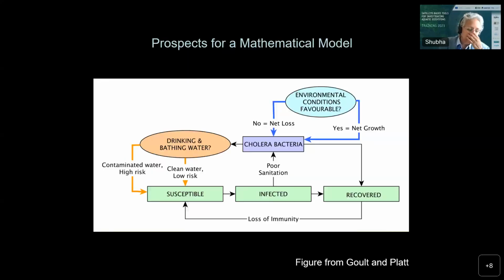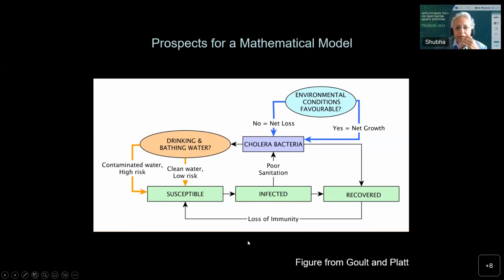Now, in many of these instances that I've been talking about, especially current levels of bacteria detected through satellites, the satellites by themselves don't give us a predictive capability, for which we have to revert to mathematical models. There are models available that are sometimes referred to as SIR models, referring to the susceptible, infected, and recovered components of the community.